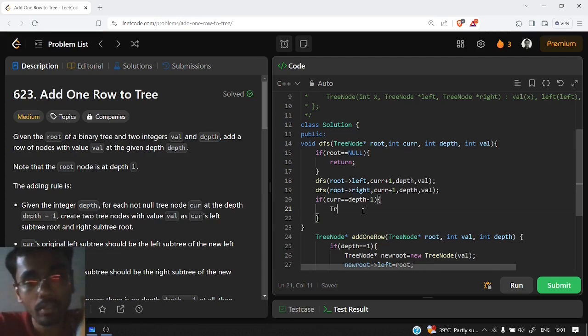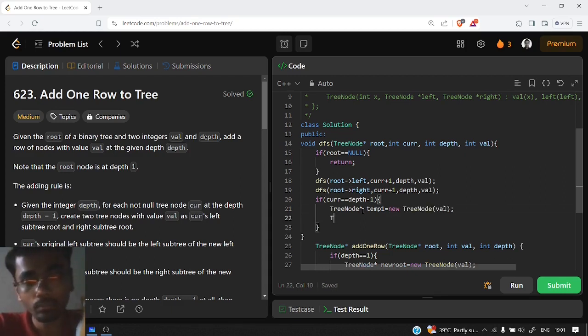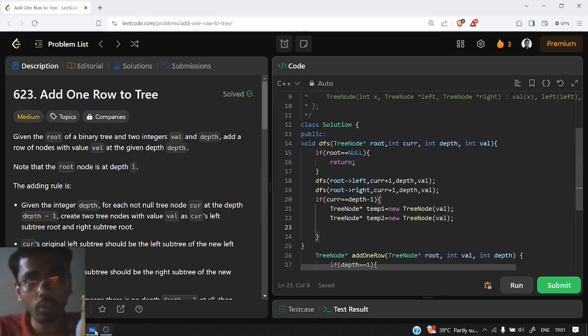So we'll create a new tree node by the name of temp1, which will have the value as well, and temp2 with the value as well.